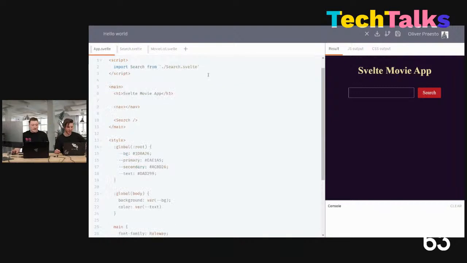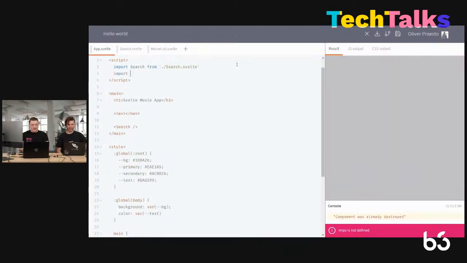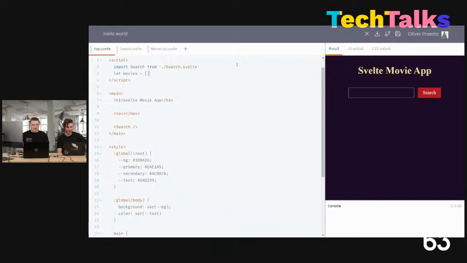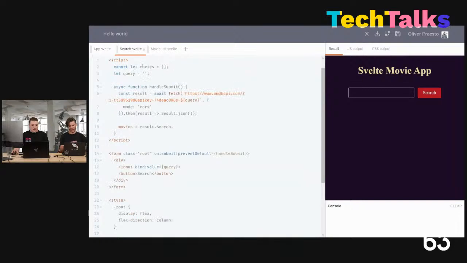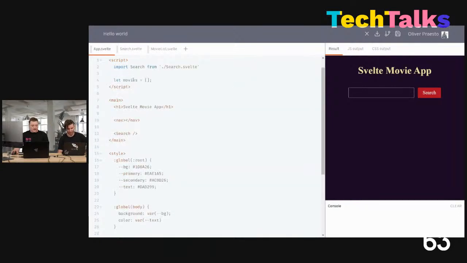So in app, from the search, we're going to create a local variable here too with the same name, movies. And we'll link that up to the search component's movies. So in the app component, on line 12 there, where we rendered the search component, we sync it up, saying the property we want to pass a value to, and then we pass it in using curly braces. However, in this case, just as when we did the two-way binding, if the variable name and the property name is the same, you can skip the whole assignment part and just pass the curly braces. Super awesome. Now we have binding